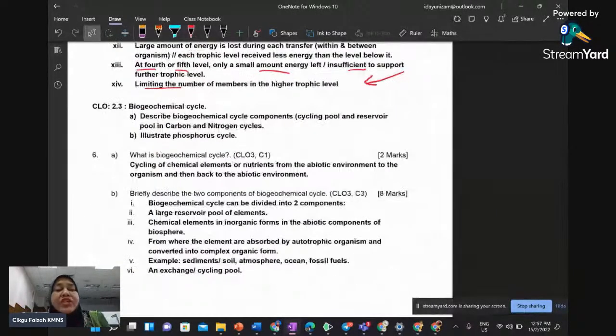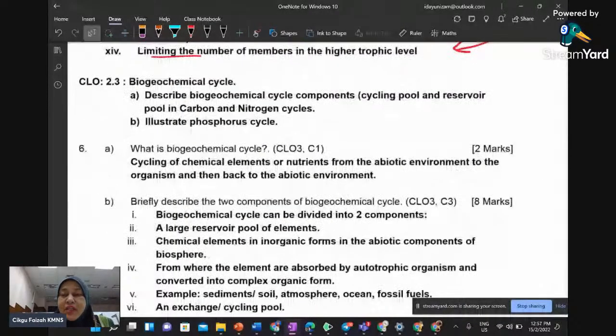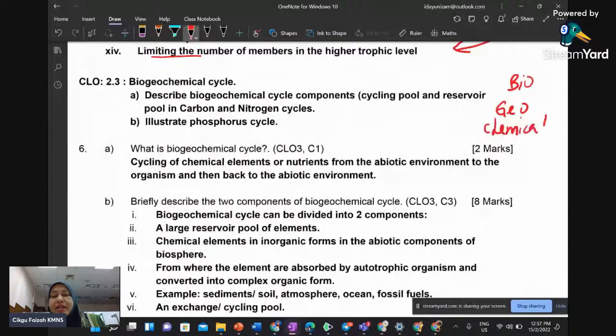Okay, so teacher nak you all dapat this is on page, kalau our tutorial book is on page 4, 5 and 6. Okay, so like teacher mention kelas, apa itu biogeochemical cycle? So remember kelas kita ada bio, ada geo, ada chemical. Okay, biogeochemical. So cycle means cycling the chemical element. Okay, which is we already know class